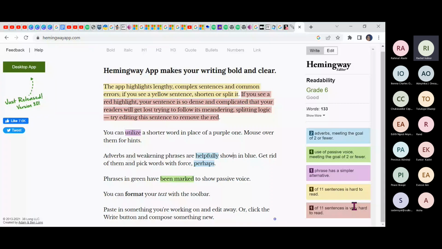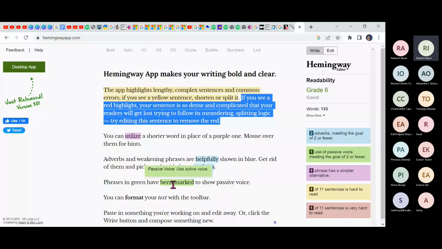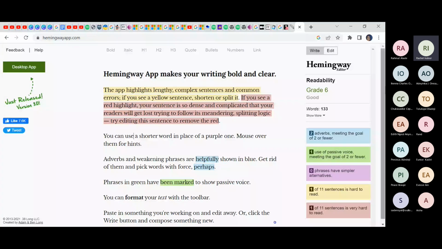This part you're seeing is hard to read. To show you different parts of it, you can see this part. This is a passive voice, and it's supposed to be an active voice. It will just point out things that you have to make corrections to, which will help your writing.